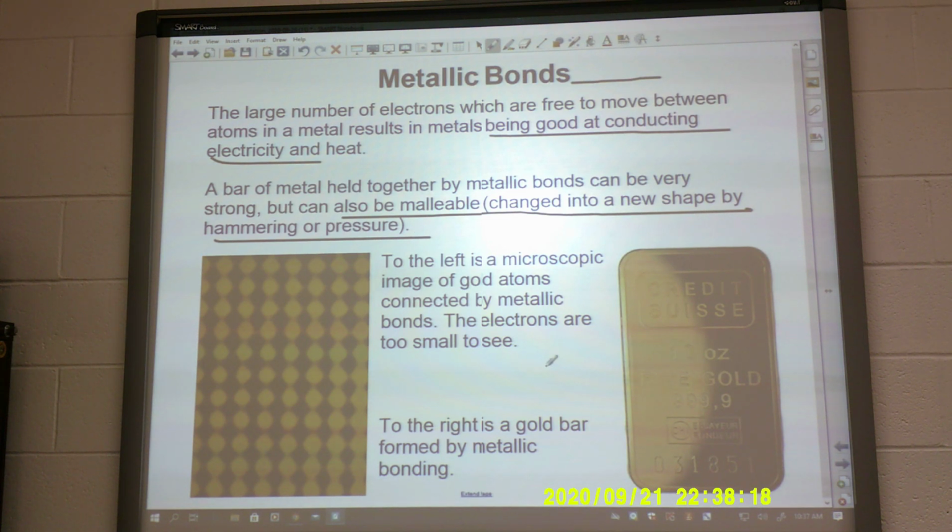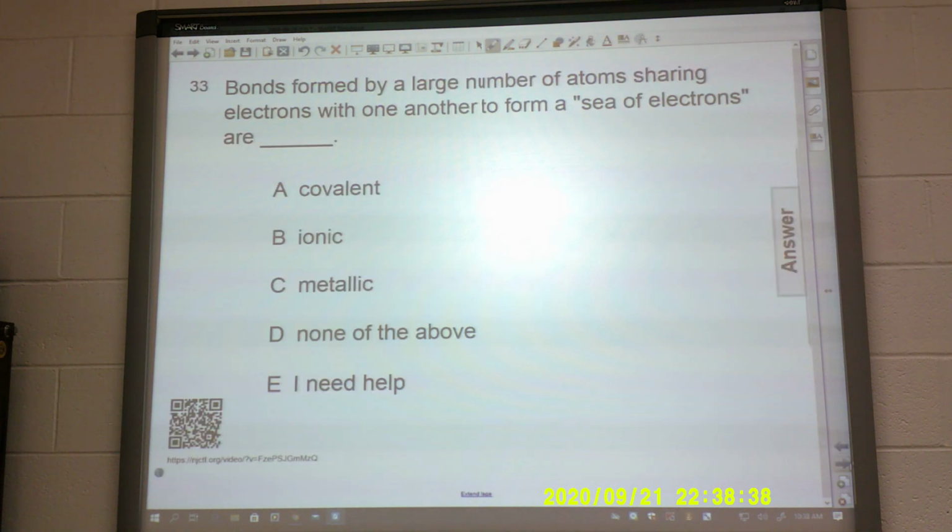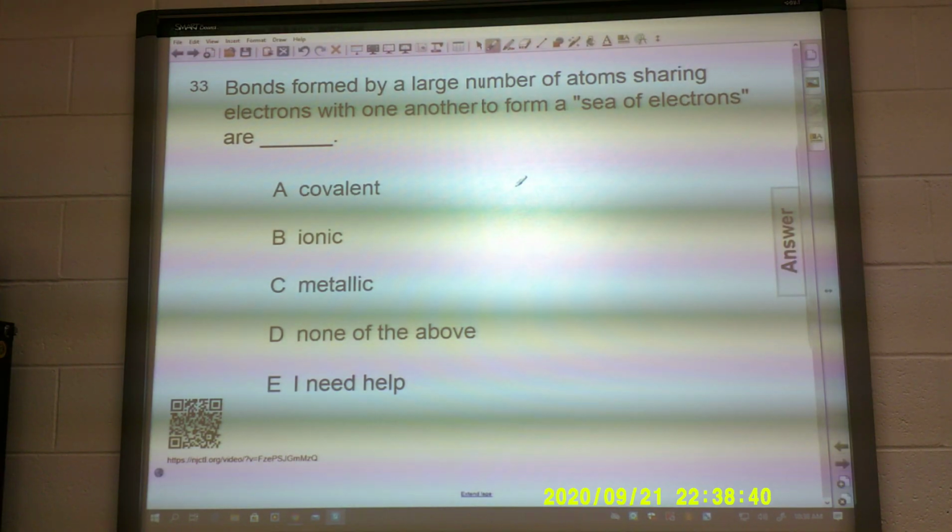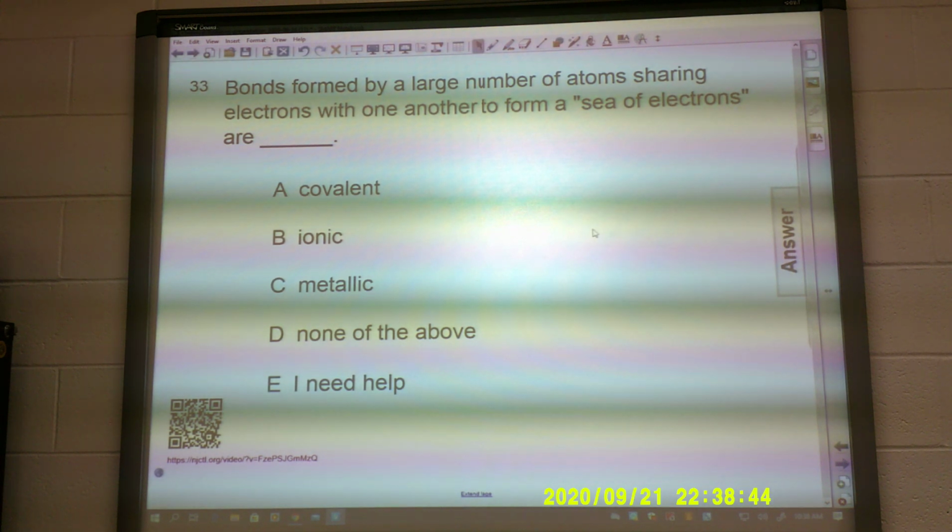To the left is a microscopic image of gold atoms connected by metallic bonds. So you just kind of imagine they're all just kind of vibrating and moving around in there together. The electrons are too small to see, of course, but this is just to give you an idea of what it might be like. To the right is a gold bar formed by metallic bonds. So this is what it would look like as we could see it. Bonds formed by a large number of atoms sharing electrons with one another to form a